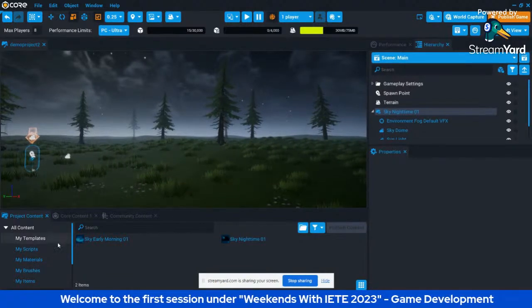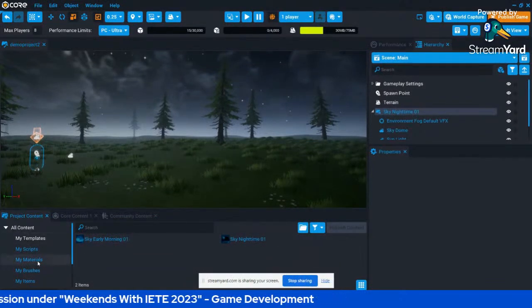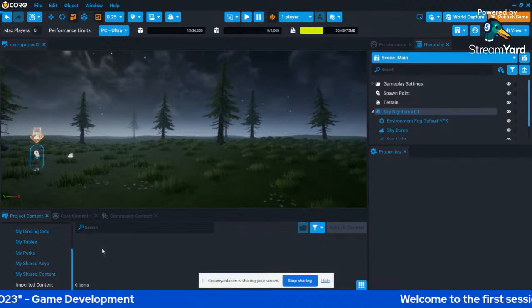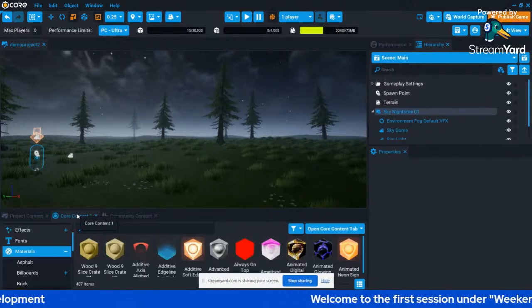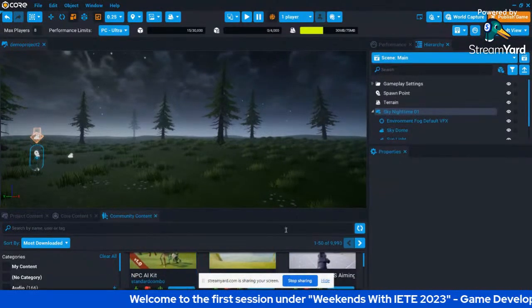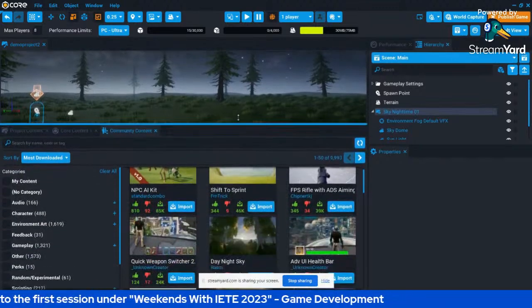So now I've added everything. Let me add some. Now I'll show you how to import content. Go to the community content. Yeah, that's good.